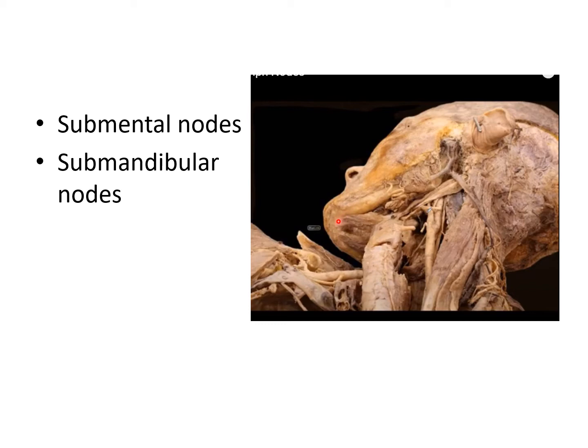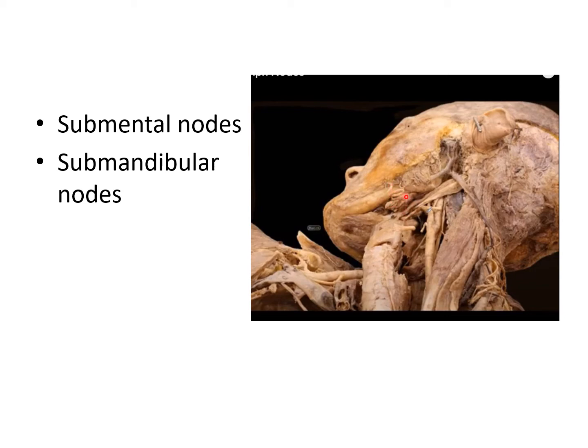And now if we talk about the submandibular group of lymph nodes, they are present mainly in this triangle, which is the digastric triangle, and we can see a gland also which is present over here. This is the submandibular gland, and we can see a few black colored things. So these are the lymph nodes. We can see that the gland is lighter in color as compared to the lymph nodes, and we can see one looping artery here.